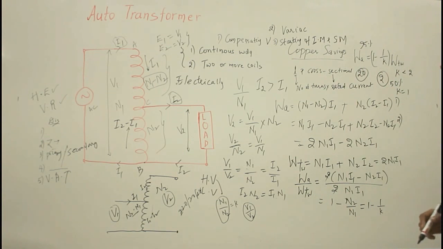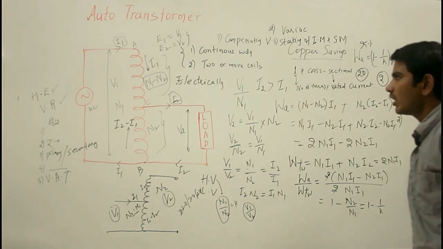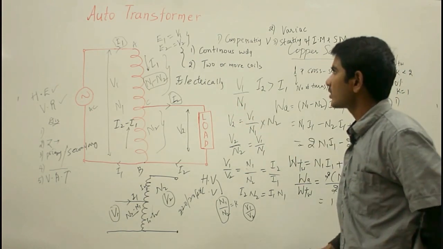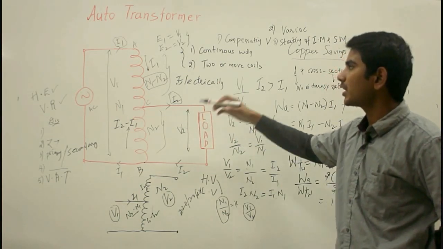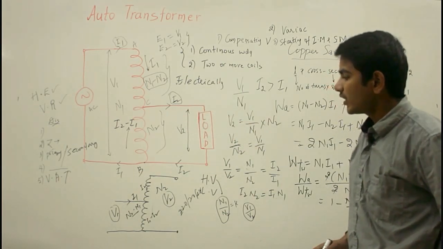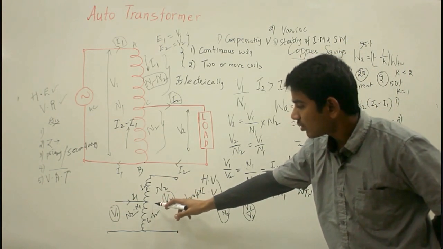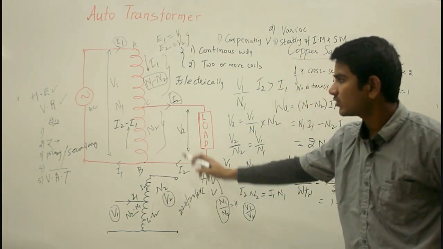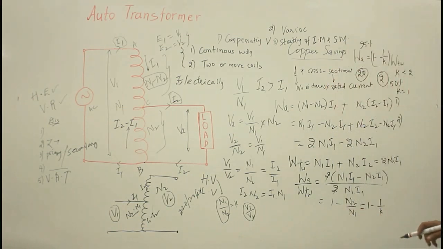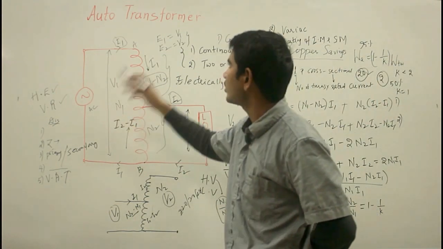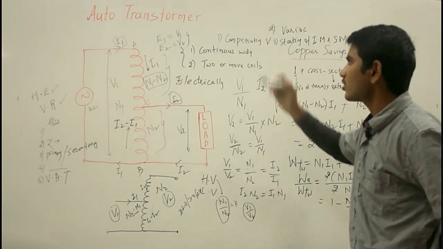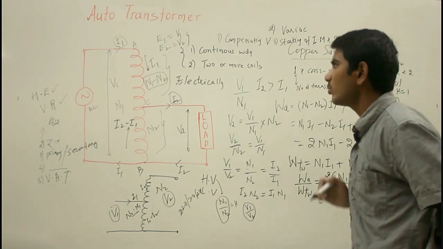So we have seen the construction features of autotransformer and the working principle of autotransformer, and we have seen the difference between the autotransformer and a conventional two-winding transformer, and how the construction of your step-up transformer varies from the step-down transformer. We have seen upon decreasing or increasing the transformation ratio, how the size of your autotransformer changes. So we have seen it in the advantages part, and we have seen the disadvantages of the autotransformer. We have also seen the applications of your autotransformer. So this is all about your autotransformer.